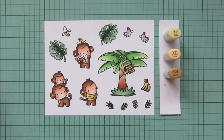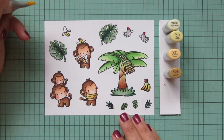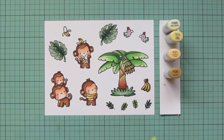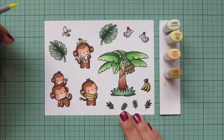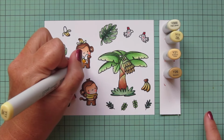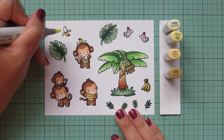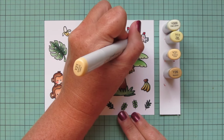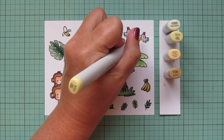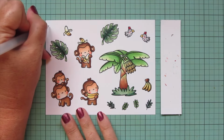I am going to lighten it a bit to do the insides of the peel that are bent down on two of those bananas. So I'm using the Y000 for that with the Y11. And then for the actual banana that's showing, I am only using the Y000 and left the rest of it white. I did also use the Y21 and the Y11 for the parrot's beaks,